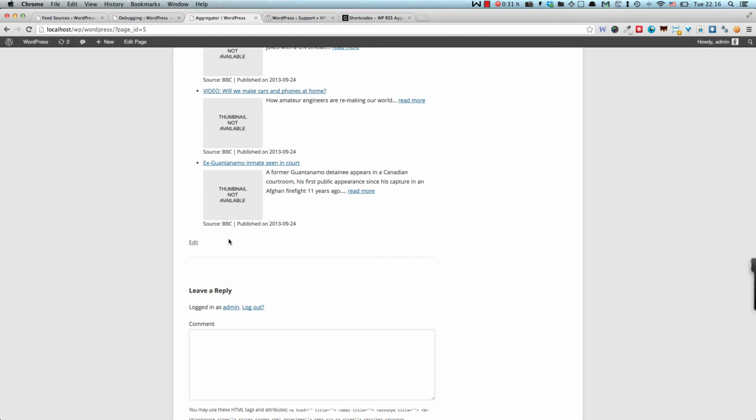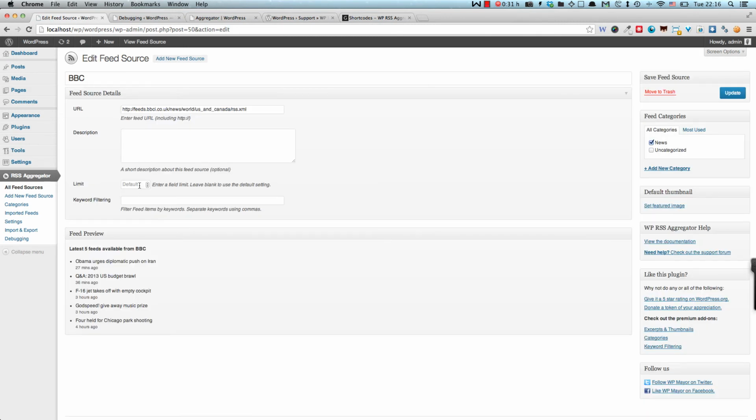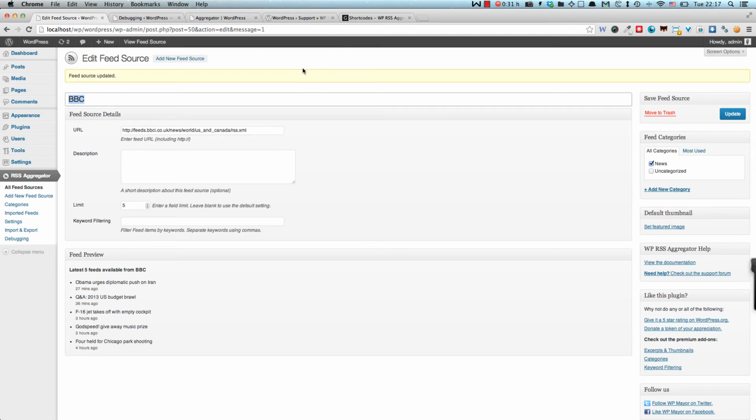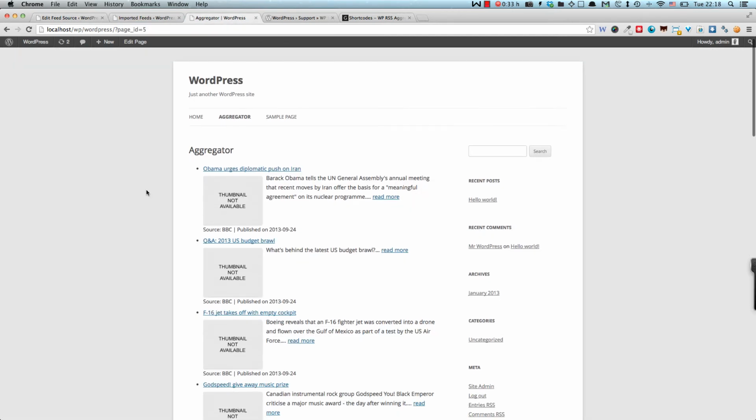And yeah, since there weren't any Fit for Blogging feeds today, the BBC feeds are superseding them. However, we can use another option within the plugin, which is that of limiting the feed items. So I can say just display 5 feed items from the BBC feed source. Going back to the front end, then we have the 5 feed